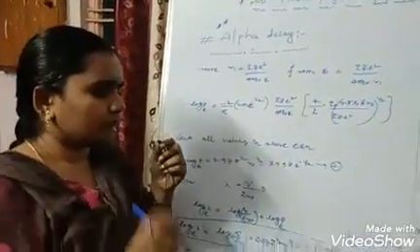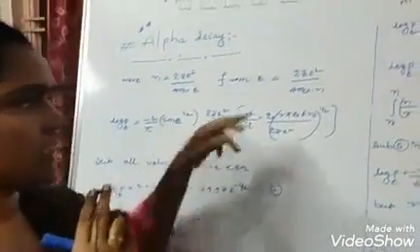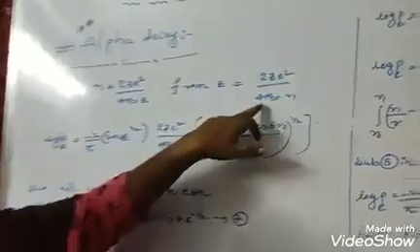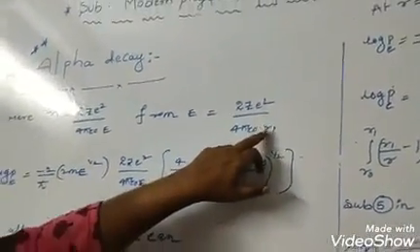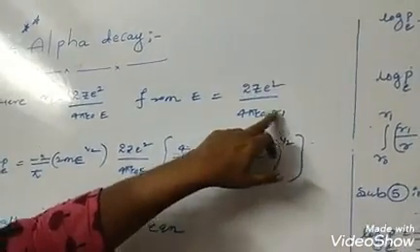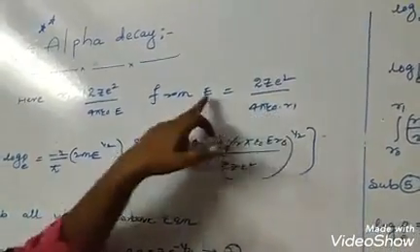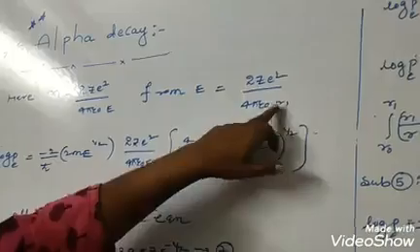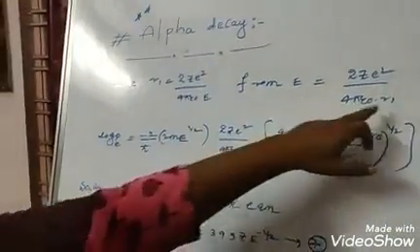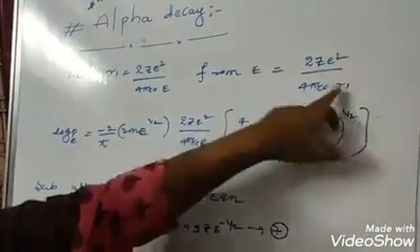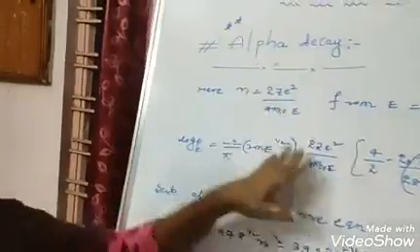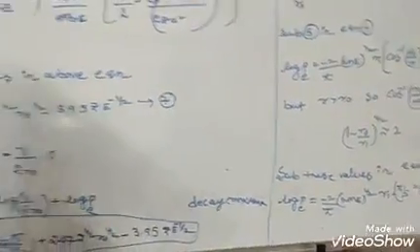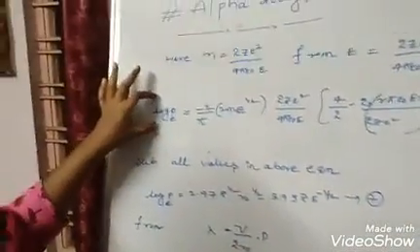According to Coulomb's law, the potential energy is equal to 2Ze squared by 4 pi epsilon naught r. In the place of r, we substitute r1. So r is equal to r1, then we get this formula. From this formula we want the r1 value, so we bring E to this side, and r1 is equal to this value. We substitute this r1 value in the logarithmic function log p, then we get this value.